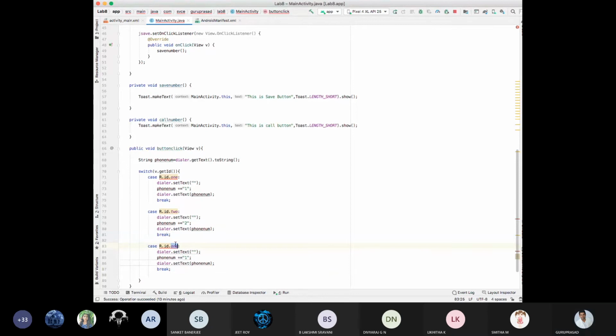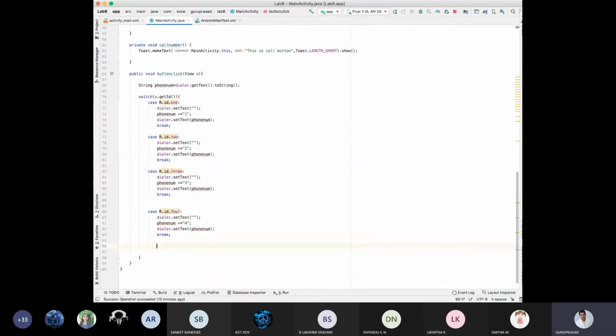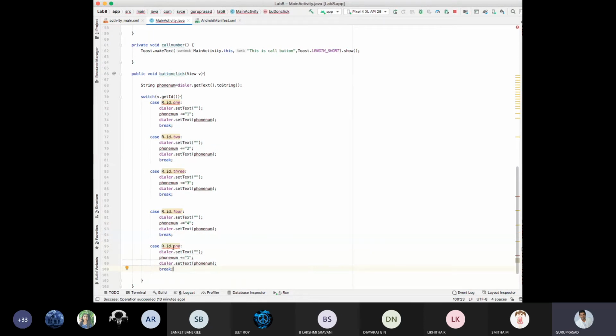Next, case 4, fourth button, I will set it as 4. Next, similarly case 5, 5 button, 5. Next, you are making the choices in the switch case, right? You will enter any two numbers. Choice number 1 addition, choice number 2 subtraction, choice number 3 display, choice number 4 return. Like that I am doing.